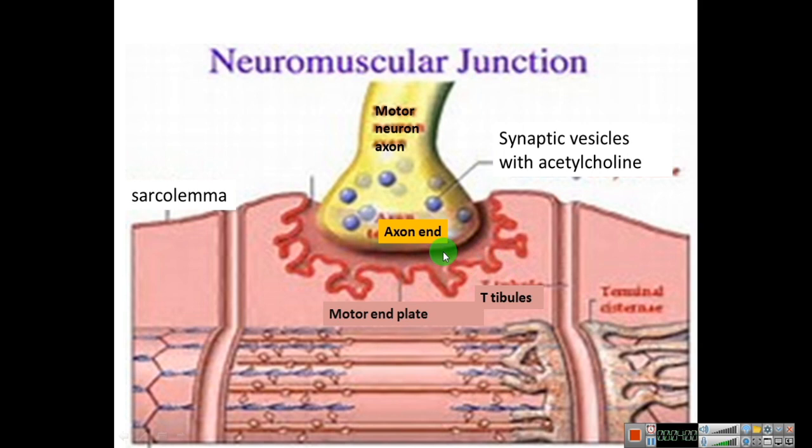The group of muscle fibers and the motor end plates of the nerve fiber that supplies them constitute a motor unit. Nerve impulses cause serial contraction of motor units in the muscle, and each unit contracts to its full capacity. The strength of the contraction depends on the number of motor units in action at a particular time.